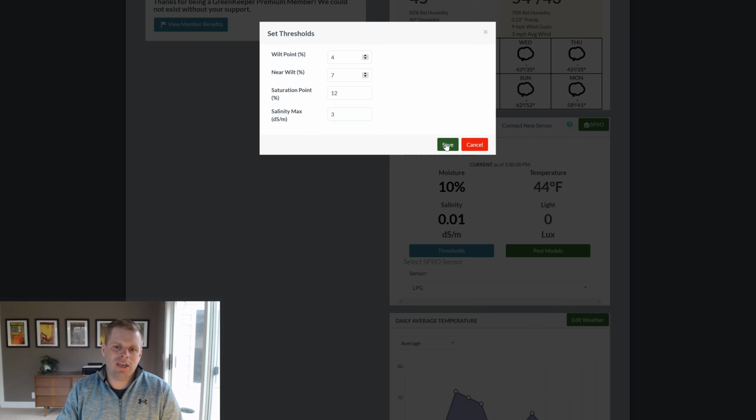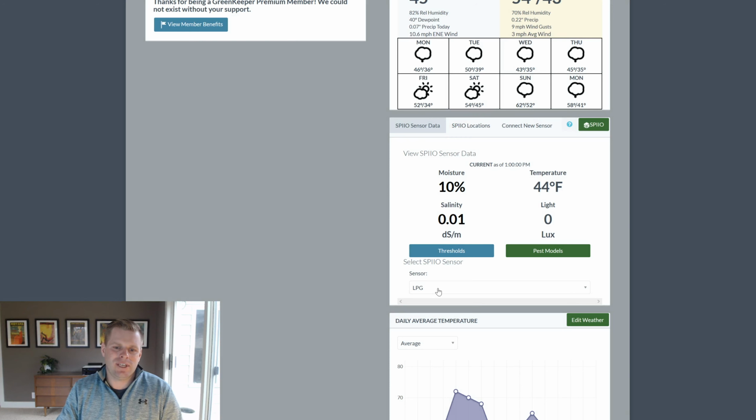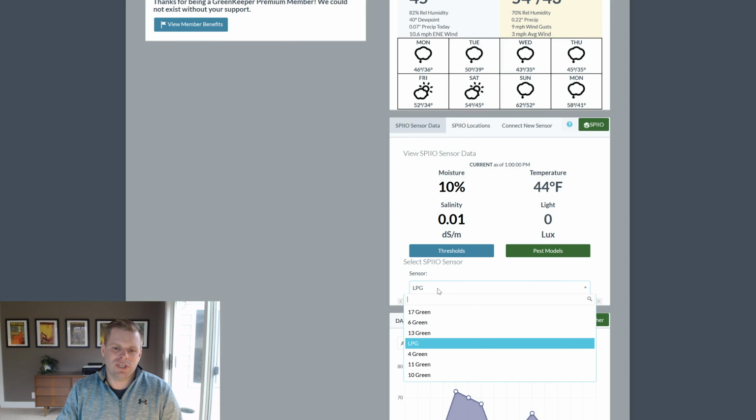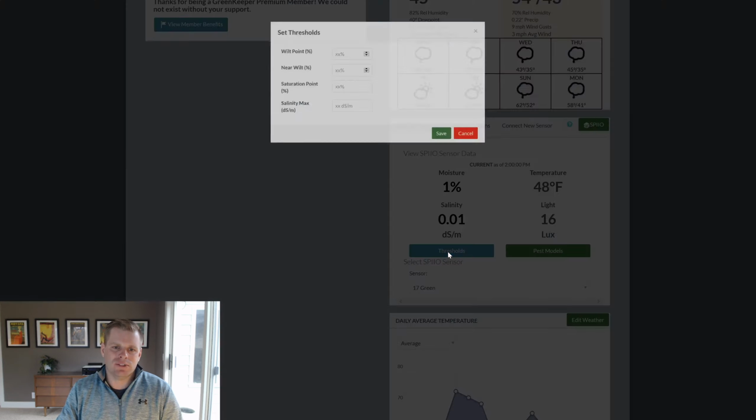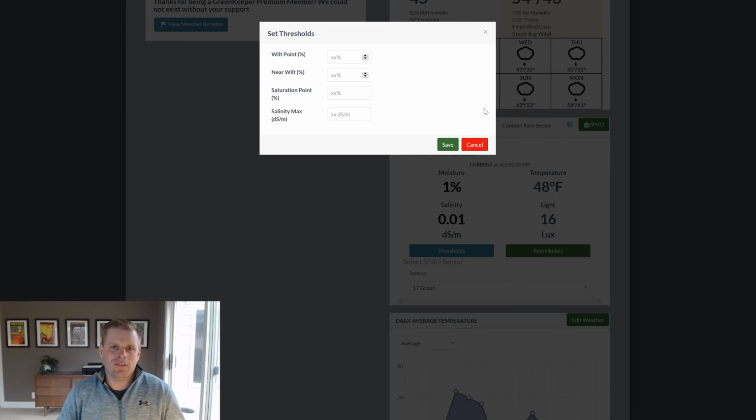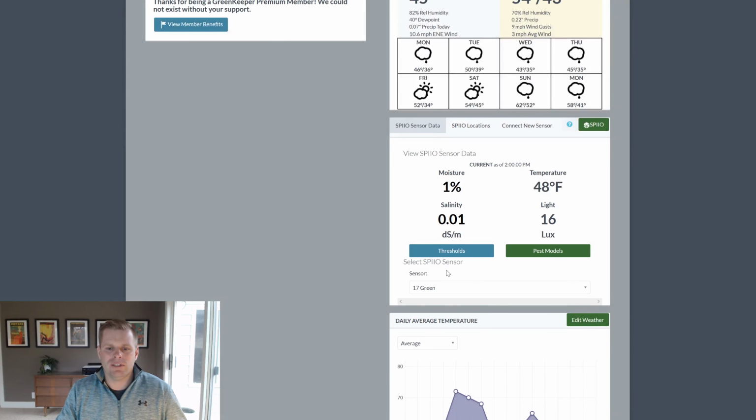So now when I push save, those thresholds have been saved to this individual sensor. If I go to a different area and push thresholds, they're blank again. So every area can have its own threshold of low, medium, or high. And so you can go through, set those values, and then what happens on the home page is we get